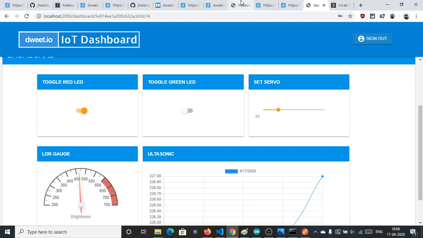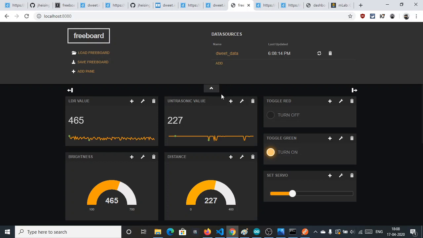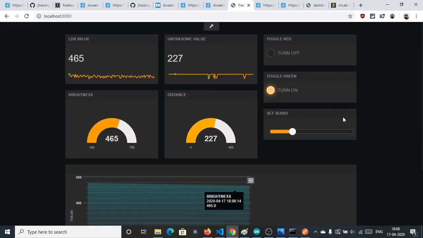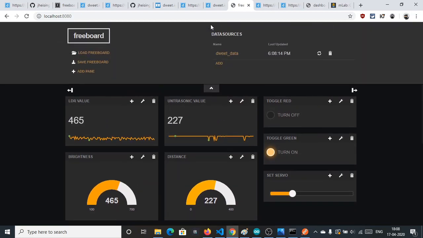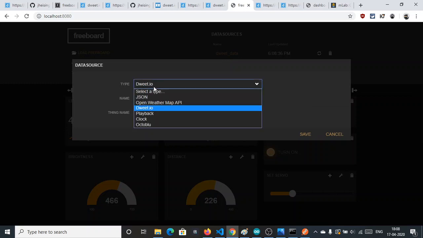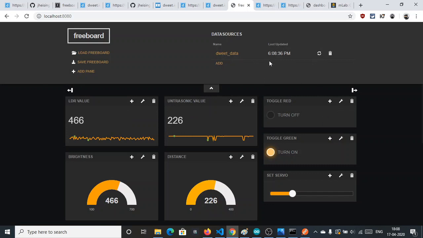The third part of this session will be creating a freeboard dashboard, which I will create, and the data source which I have used here is doit.io. These are the data sources available, and we have used doit.io here.